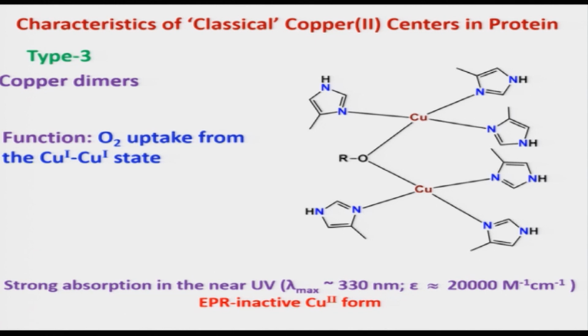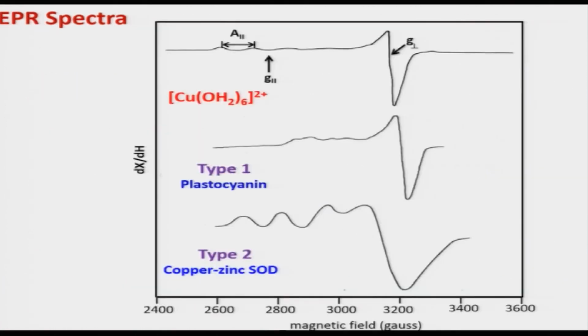Now, let us come to their EPR spectra. As you can see, the copper 2 hexaqueous species gives rise to an EPR signal as shown. As you know, copper's I value is 3/2. So, there will be 4 lines, and because of